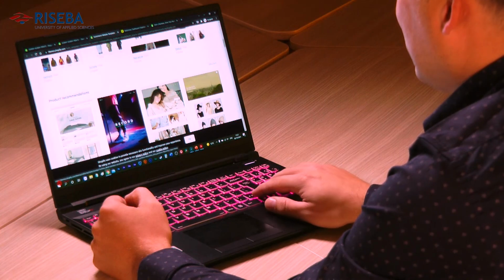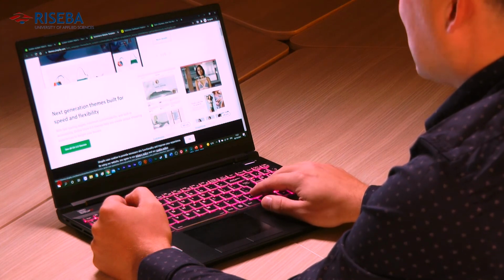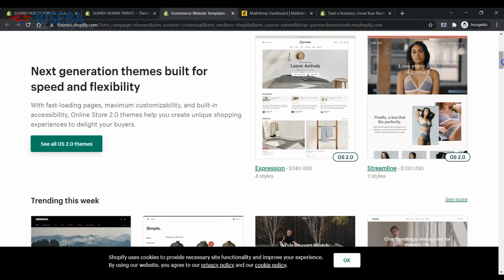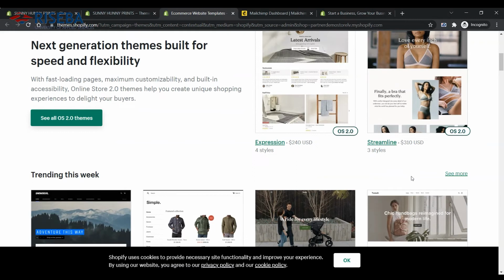But if we look at the paid themes, we can see here this theme costs $240. This one costs $340. They have become a bit more expensive. Like 1 year ago, they were $150, $180. Okay, but there are places where you can get these themes cheaper, but the main reason they are so